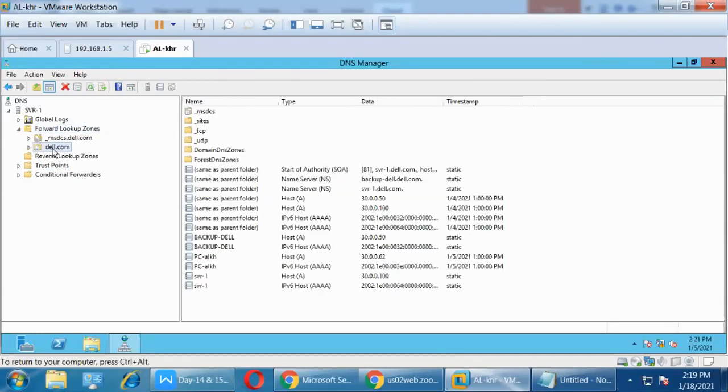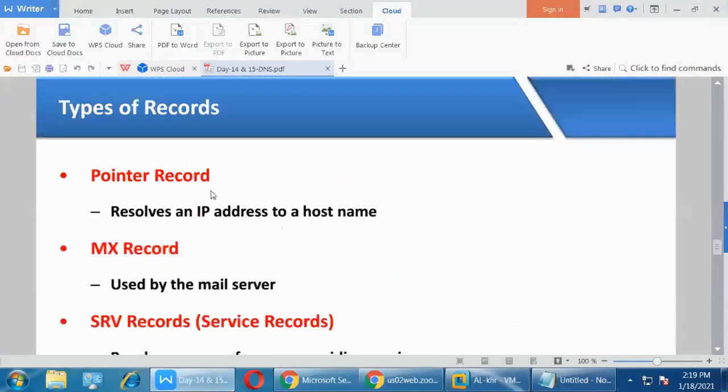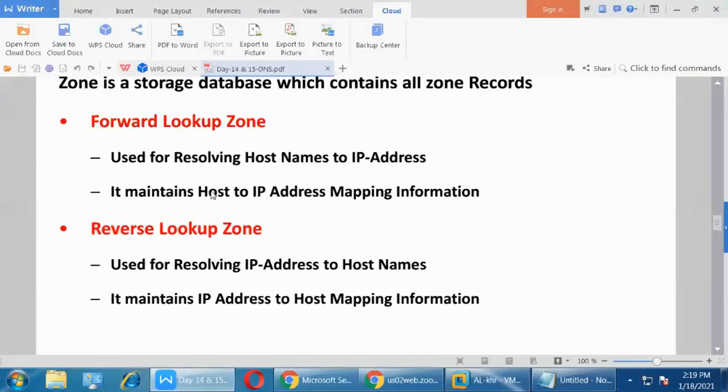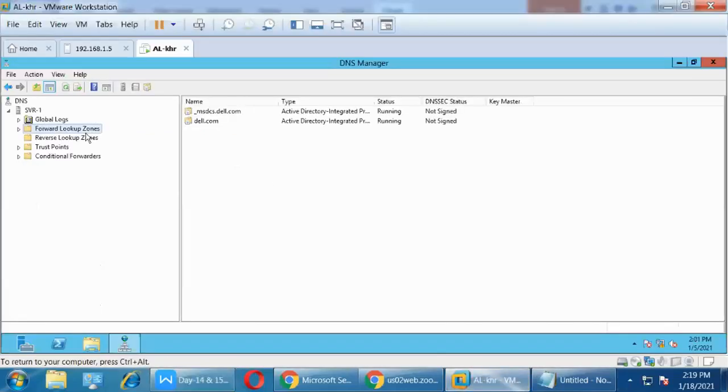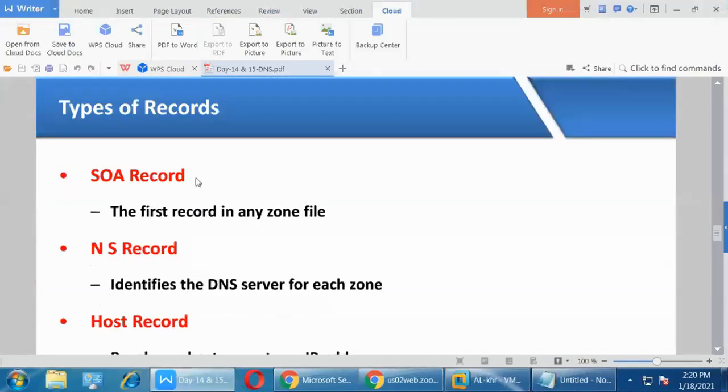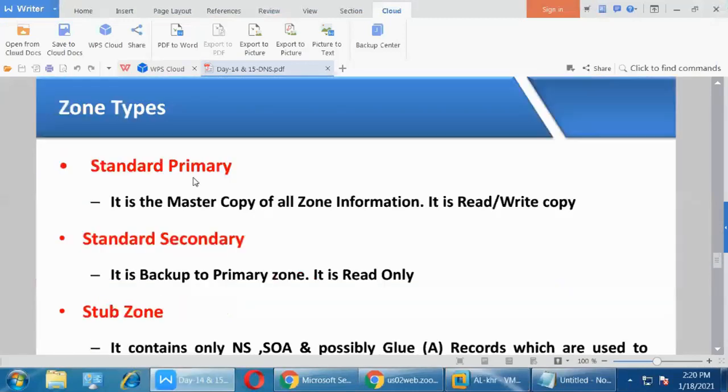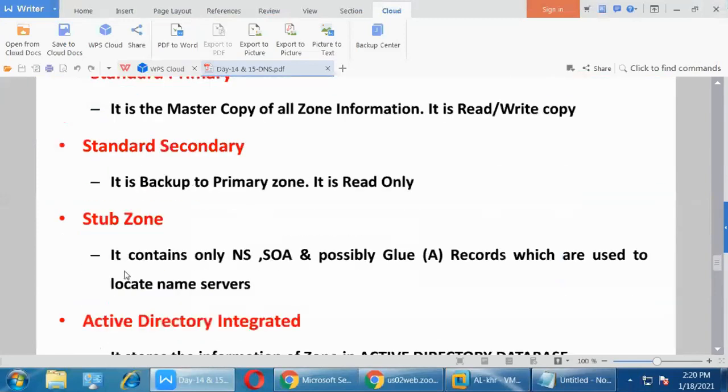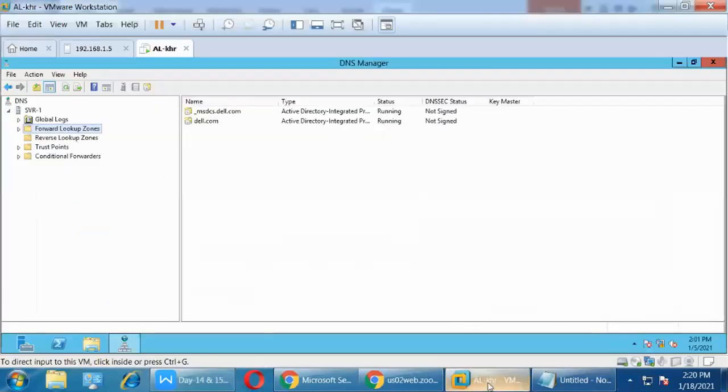See here what we discussed: forward lookup zone and reverse lookup zone. In that I told you records and zone types: primary, secondary, stub zone.